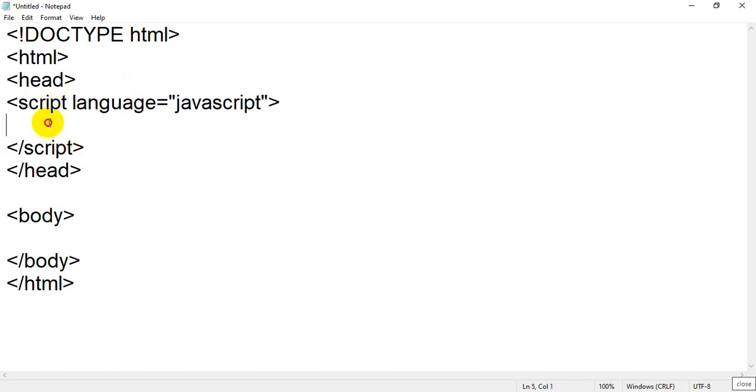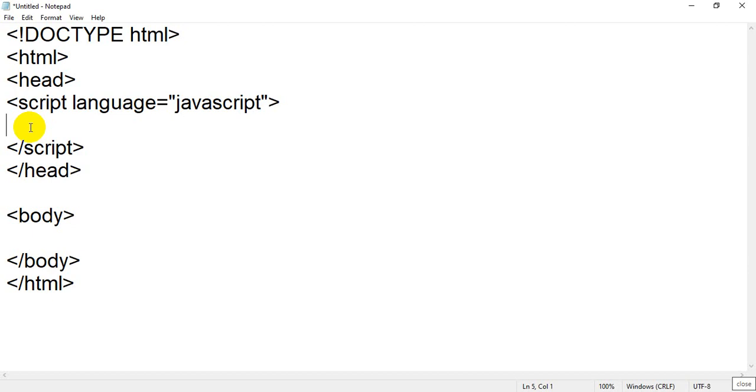Okay, now whatever you write between these two script tags, that is the opening and closing script tag, it will be considered as JavaScript language. And JavaScript is an object oriented language, and it's a different computer language which has certain rules and regulations, some set of syntax and many things. Like every language has, if you are going to learn Urdu, Hindi, or Marathi, there is a set of rules and regulations. Okay, that's called grammar. In the same way, HTML is a different language, and you have added one more language, that is JavaScript.